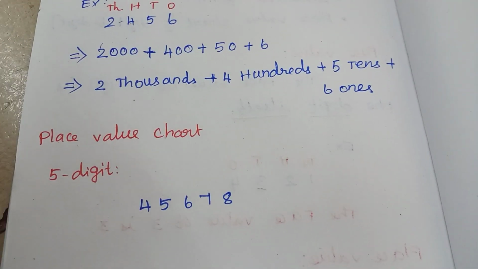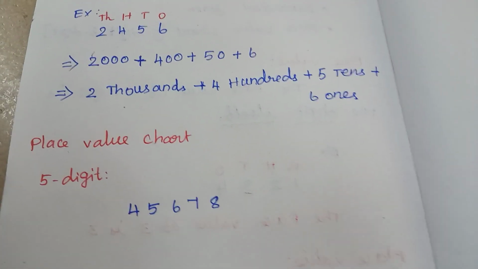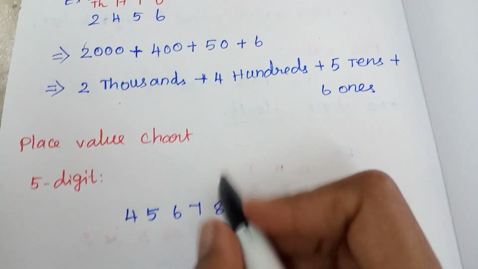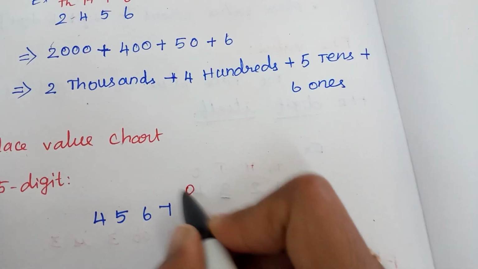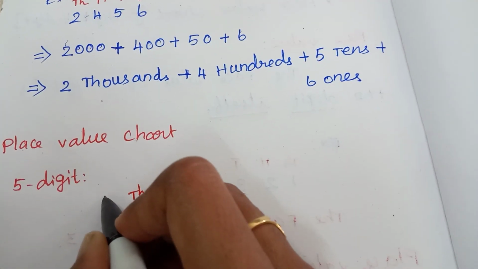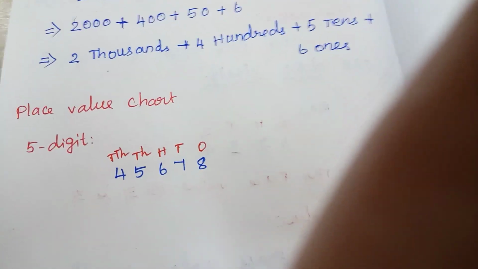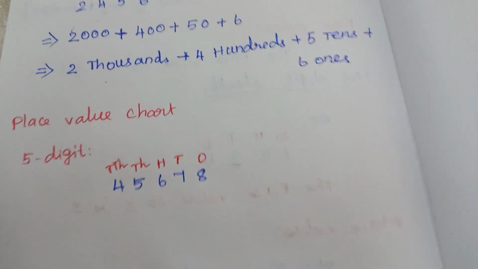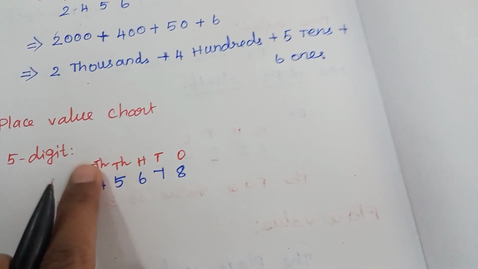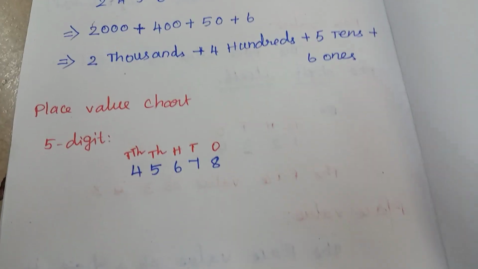So whenever you see any number, first you have to write the places. Already I told you, but here also you have to follow that. Okay, first ones, tens, hundreds, thousands. Next one is ten thousands. Okay, one more place is added, that is for the 5-digit number. So now I am going to split this 5-digit number.